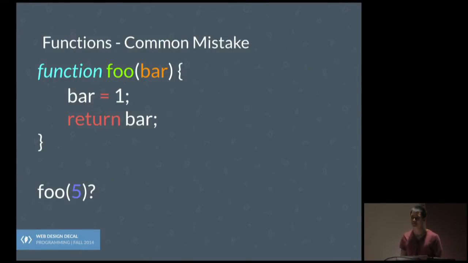Question? Yeah. So let's say I set bar to like 5, right? Mm-hmm. All this returns 1. If I go to the next line and I say print bar, will it print 1 or will it print 5, outside the function?